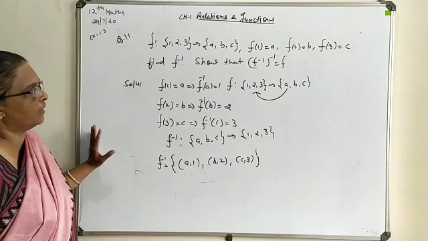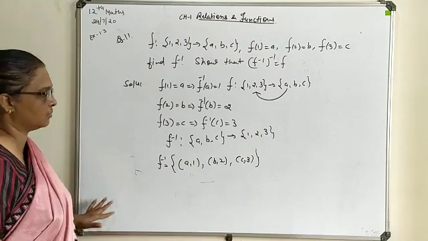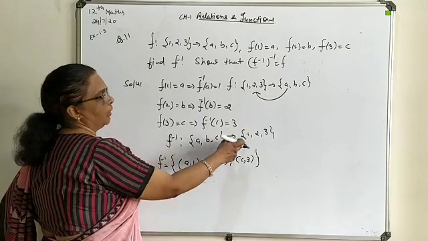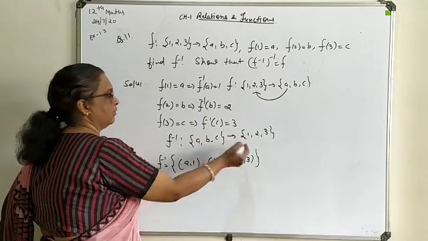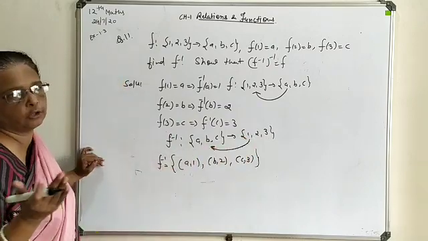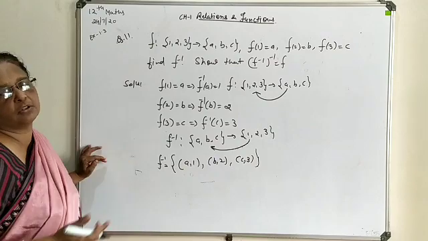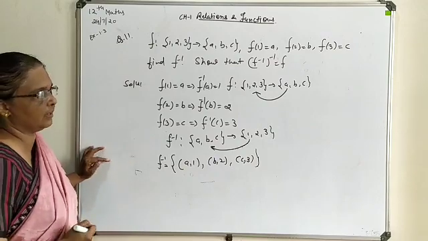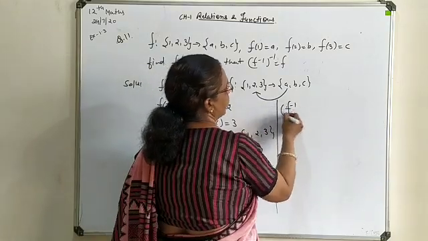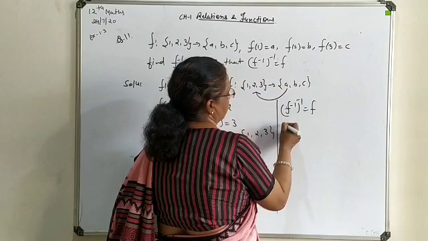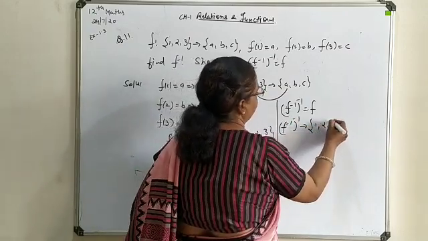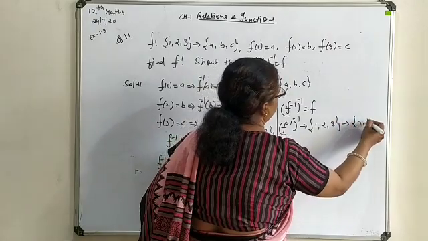Now next we have to find the inverse of the inverse, means as your f inverse is defined from A, B, C to 1, 2, 3, further if you want to write the inverse of that, obviously again you will move towards the same form. It means here the domain will be 1, 2, 3 and range you will have as A, B and C. So obviously inverse of inverse will give you f. So inverse of inverse will be defined from 1, 2, 3 to A, B and C.